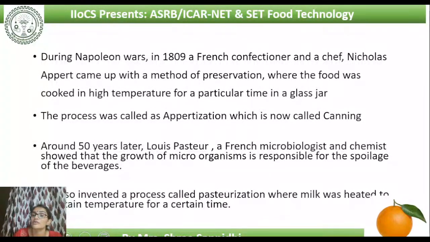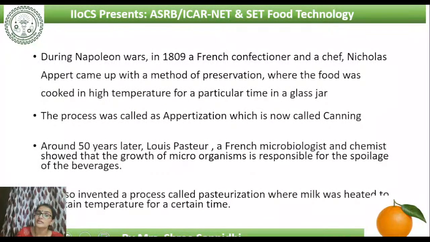a new method of preservation where the food was cooked at high temperature for a particular time in a glass jar. So what did Nicolas Appert do? He took the food, put it into a glass jar and cooked it at high temperature. Until then they didn't know that cooking at high temperatures might increase the shelf life. They didn't know the science behind it, but he just found that high temperature cooking will increase the shelf